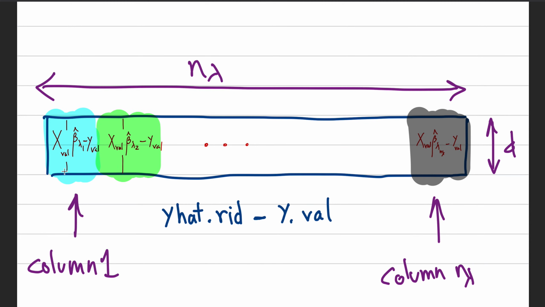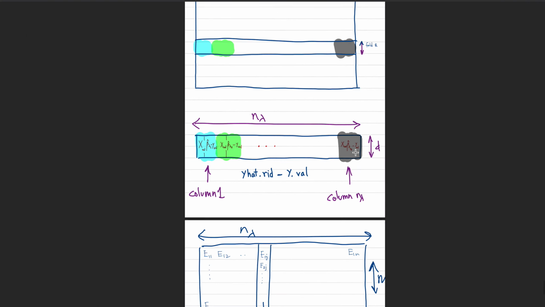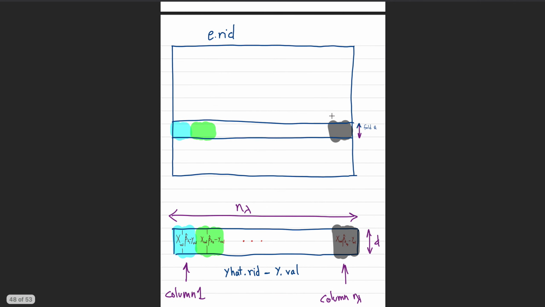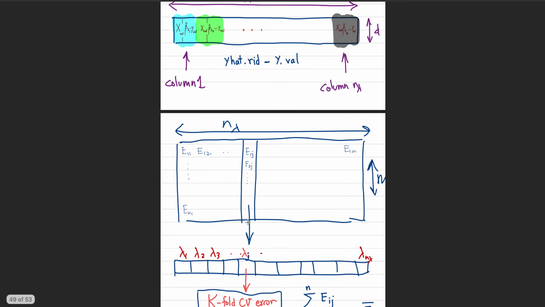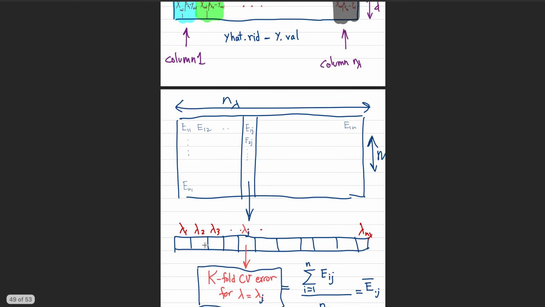So the residual for the validation data set for lambda 1, lambda 2 to lambda n for this part. And this goes in here. So once we have this, we have a set of residuals for each lambda. We have n residuals for each lambda. We have lambda 1, lambda 2, lambda 3, lambda j, lambda n lambda. We have n residuals, so we use these residuals